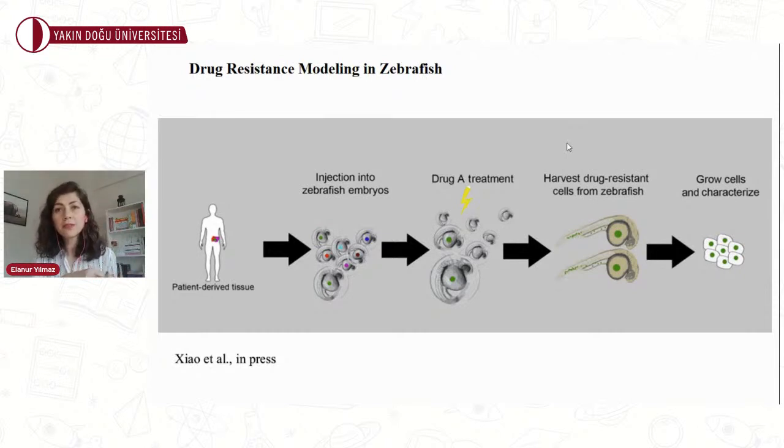After 3 to 5 days, some embryos will have cells that have intravasated and migrated to the tail in a process that has similarities to metastasis. And some cells will remain viable at the injection site in the yolk sac. So the subset of cells that are resistant to drug treatment can then potentially be isolated, and subsequent mutation and gene expression profiling of these cells can identify potential drug targets.